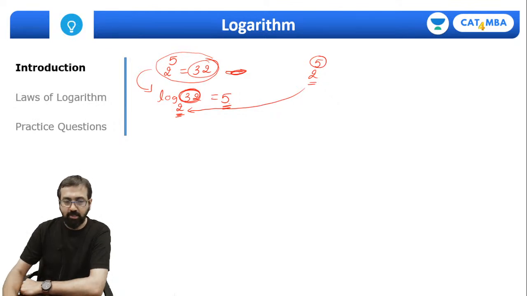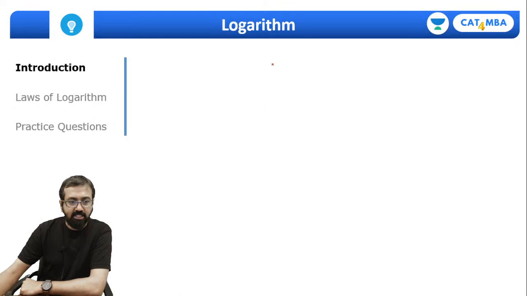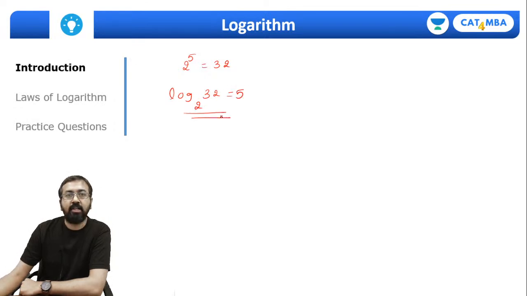है ना? ओके, फिर से एक बार मैं लिख देता हूं यहां पे 2 रेज टू 5 अगर 32 है, सो आप इसको ऐसे लिखोगे लॉग फॉर्म में, लॉग ऑफ 32 with base 2 is equal to 5. Very simple. राइट। सेम वे अगर आपको log ऑफ 32 विद बेस 2 इक्वल टू 5 दिया हुआ है तो आप उसको ऐसे भी लिख सकते हो 2 raised to 5 इज इक्वल टू 32, करेक्ट।